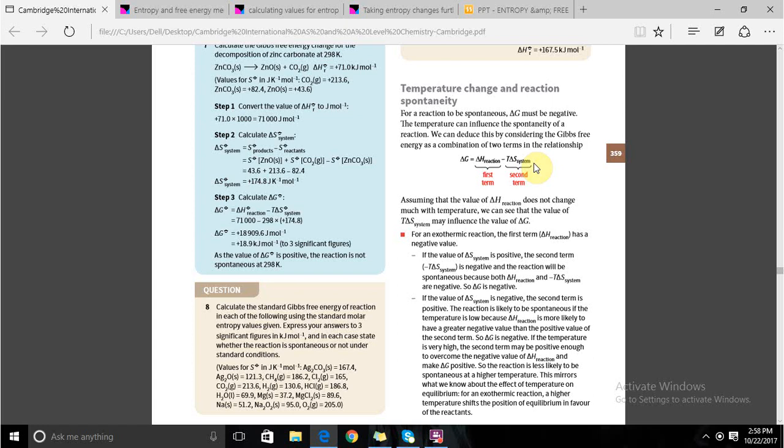So if we have an exothermic reaction, the first term has a negative value. And if the entropy of the system happens to be positive, then the second term is negative, and the reaction will most certainly be spontaneous because both the first and the second term are negative. However, if the value of the entropy of the system is negative, the second term is positive, the reaction is likely to be spontaneous if the temperature is low